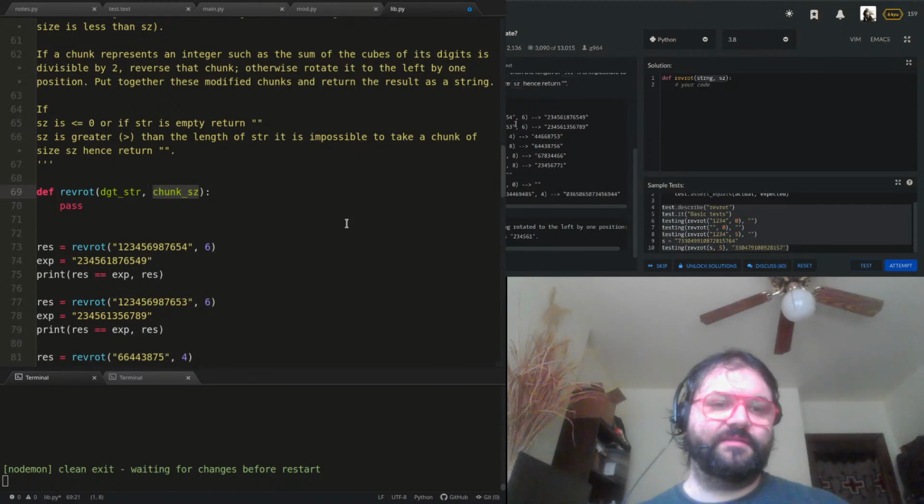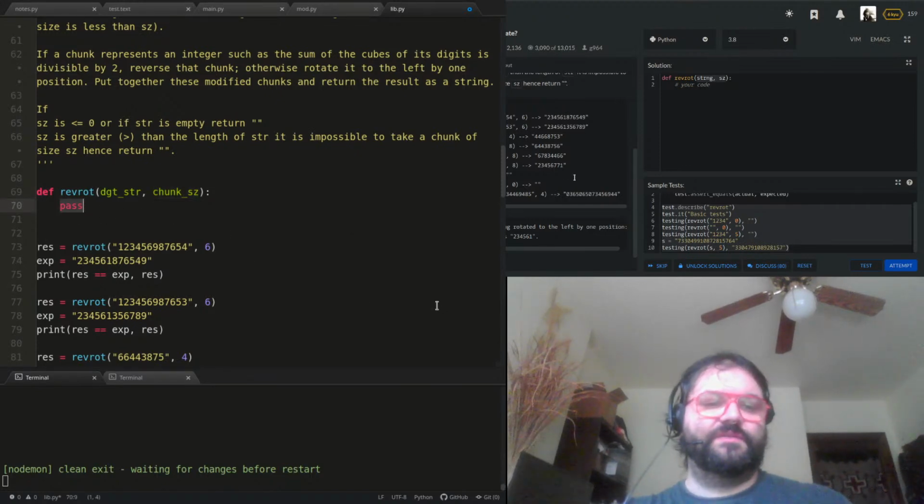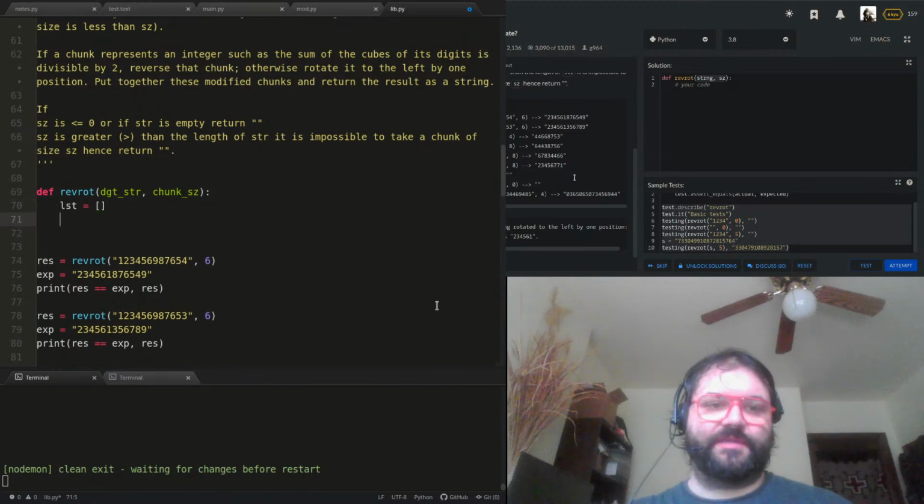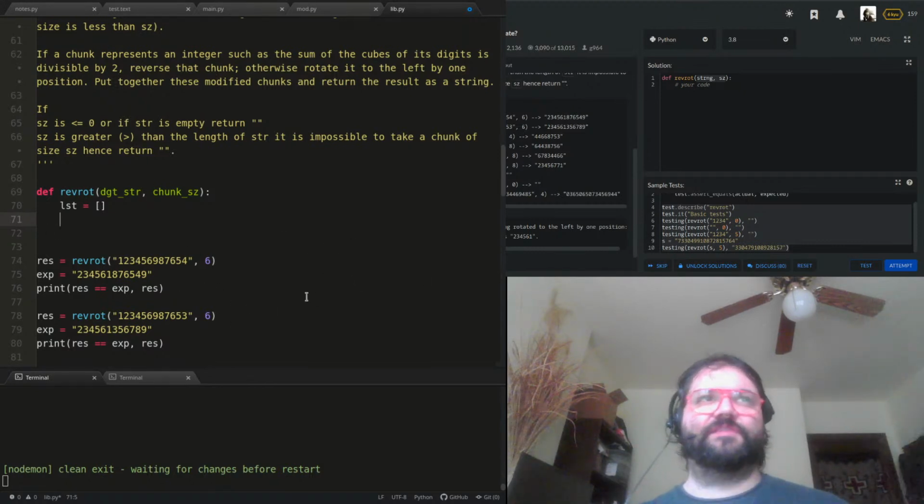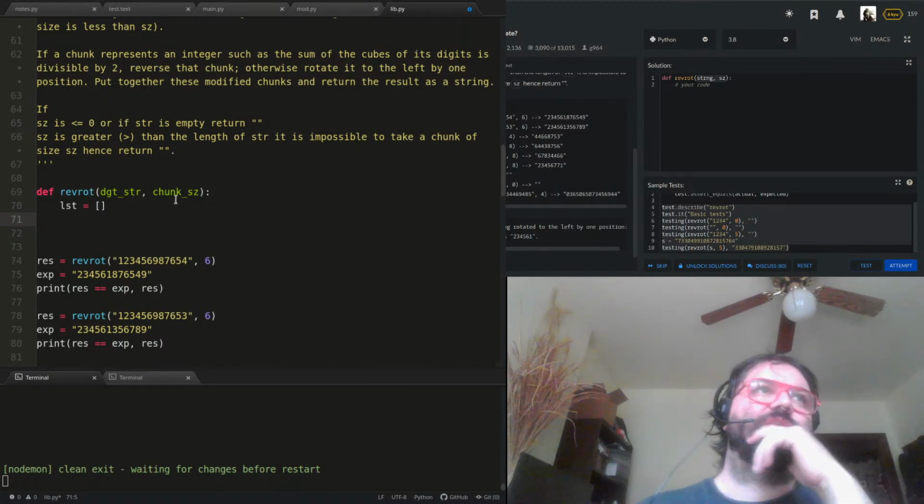So I think the first thing that I want to do here is just make some variables. So I think I just want to break the string into appropriate sizes. So I think what I want to do is just make a list of chunk-sized substrings, and yeah. So I could get the